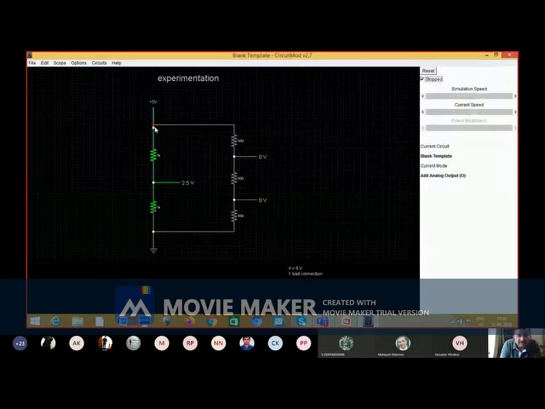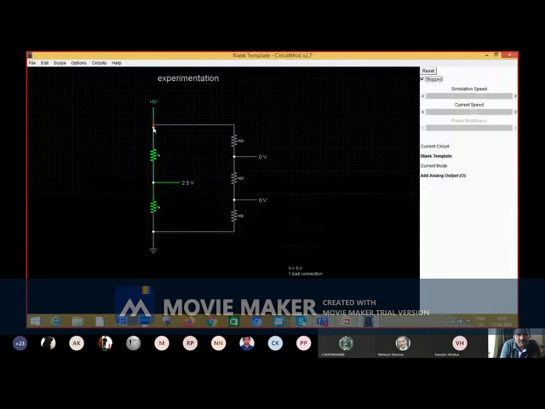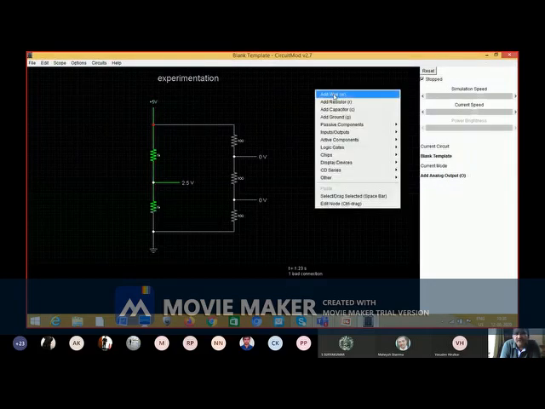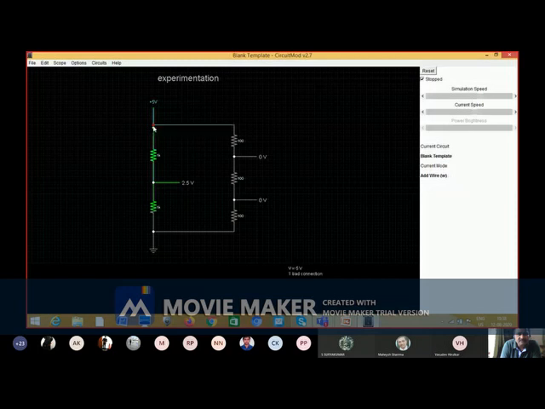This red blob means the connection is not proper. So what do you do? You go to add wire and take this point and merge it. Now you can see that the red blob is gone.